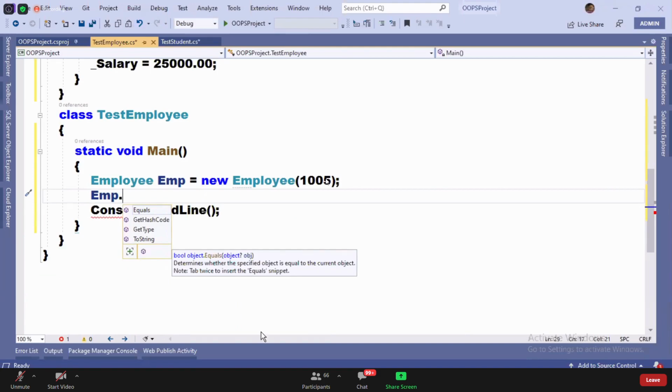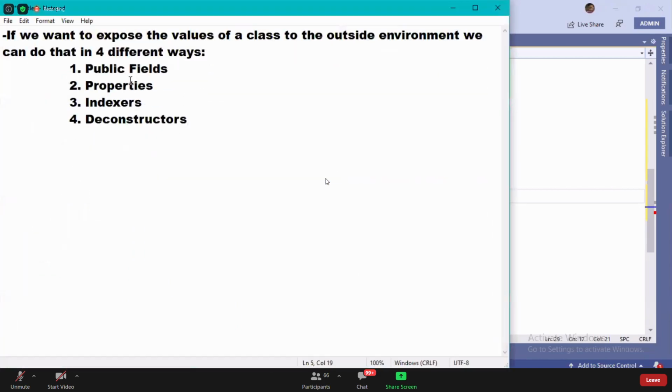If you want to access, the first thing you can do is declare the fields as public. Is it a wise option? Not at all. Already discussed that. It will give you read-write access. We don't have any control on the value. Second option is to define 5 properties. You know that now, or should I show you again? I don't need to tell you now.